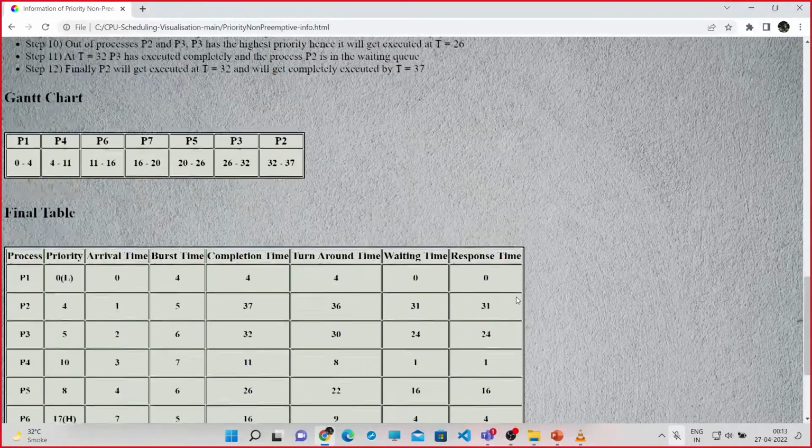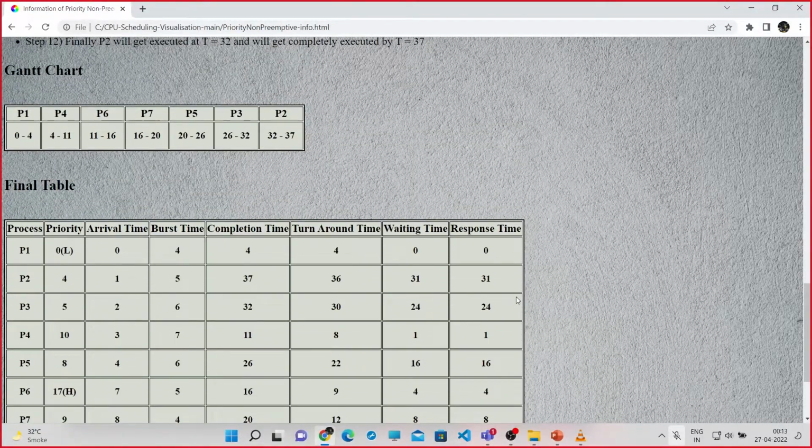Here we can see that P1 is first. P1 is starting from 0, so its arrival time is 0. So it will start first and will complete its burst time. As it is non-preemptive, the whole process will get executed for its burst time only. So it will start from 0 and complete at 4. Now, among the